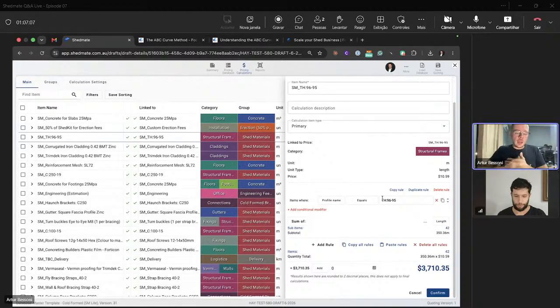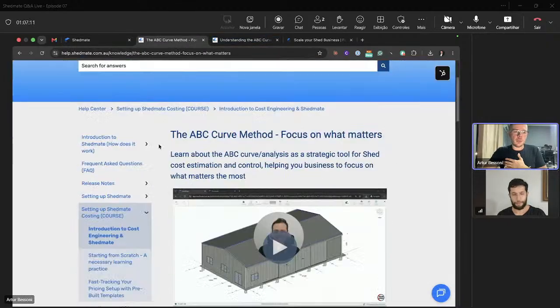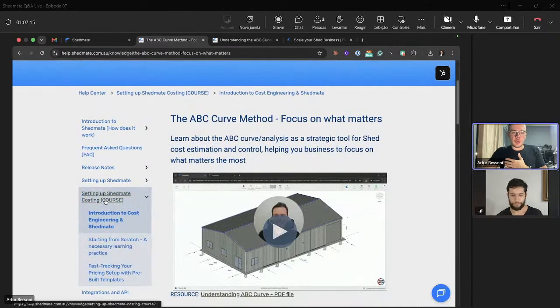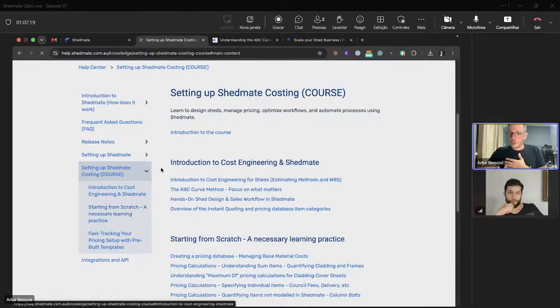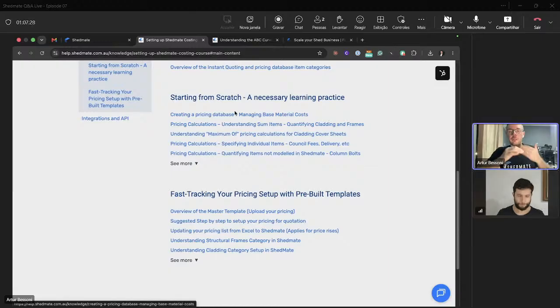I highly recommend you going to the course, and I have here, for example, the Shedmate help desk. We have setting up Shedmate costing, a course that includes an introduction to cost engineering, WBS estimating methods, the ABC curve. We show how to create a pricing database from scratch, from zero. I have no pricing database or pricing calculation, and I do that one by one. But this is just so you can learn